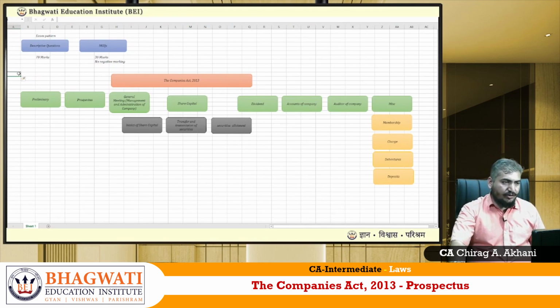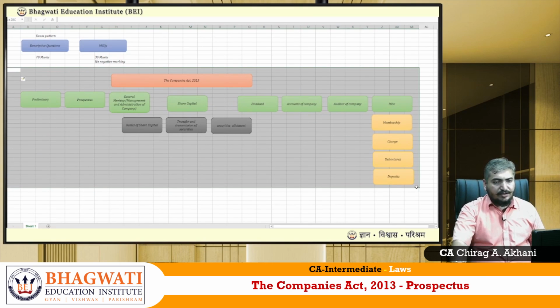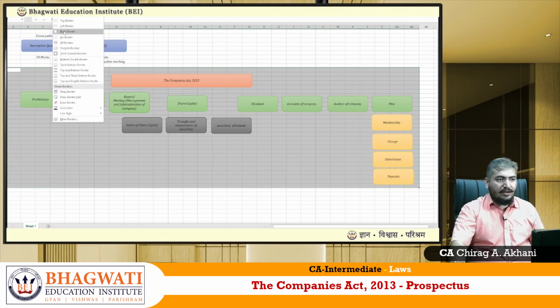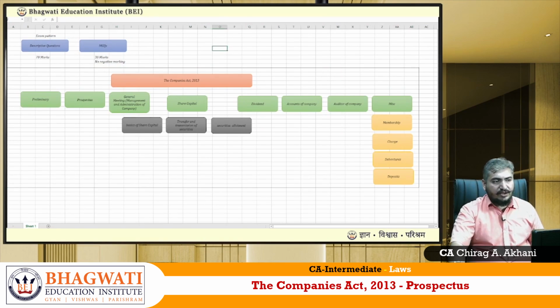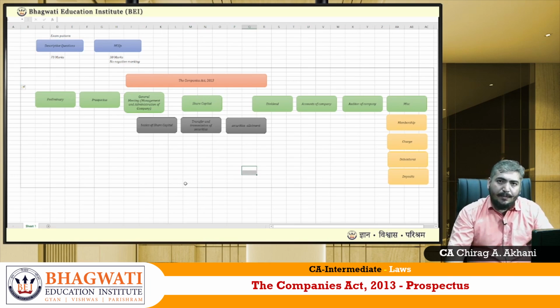So I would say that from section 23 onwards, up to section 148, we have the syllabus in CA Inter. Then what about section 149? I want to tell you that section 149 onwards, the topics we are going to learn in CA Final, not here. So this is all about the Companies Act 2013 here. Okay, now pause the video and just try to note it down. Okay, ठीक है. Now once it is noted down, we are moving towards